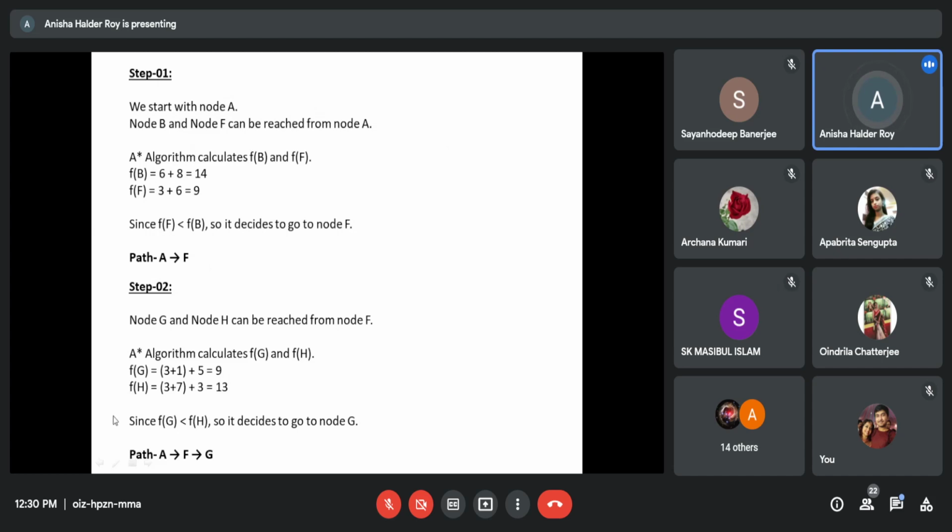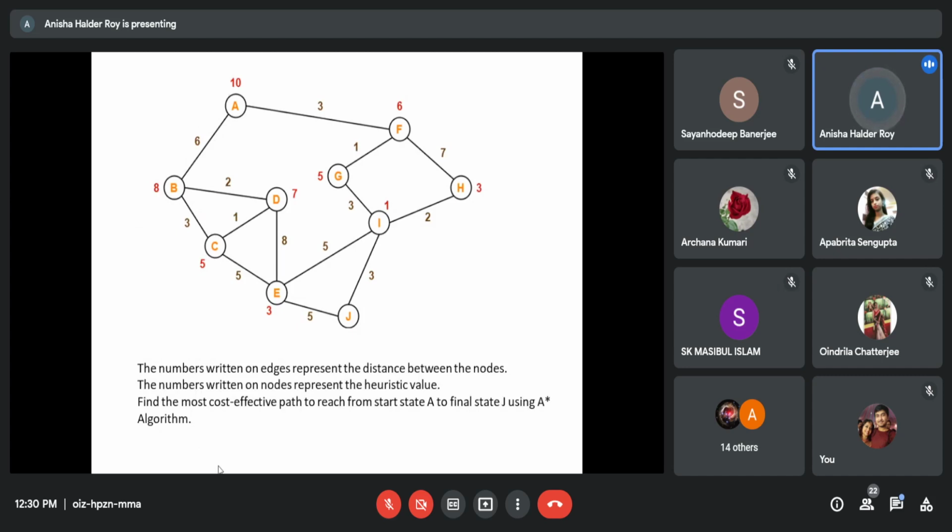FG is 9, FH is 13, FG is lesser than 13, so we decide to go to G. Okay? The path is AFG. Is it understandable to everybody? AFG. Now explore G.